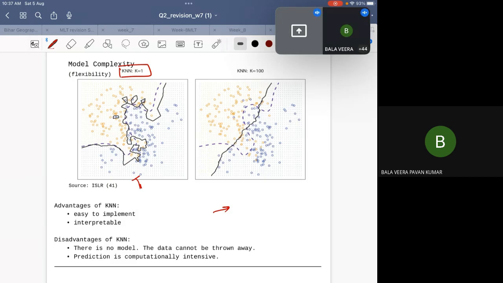So whenever you have k equals 1, very small, it will start to underfit, right? And whenever you have k very